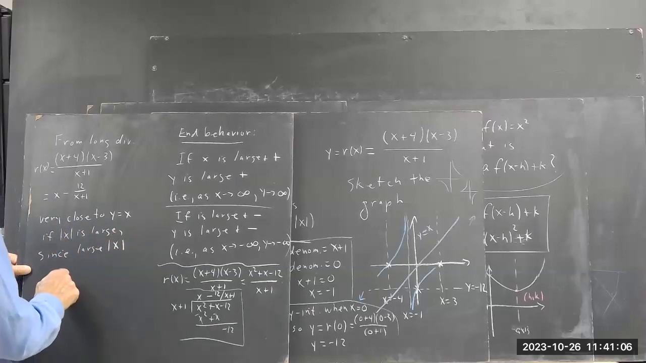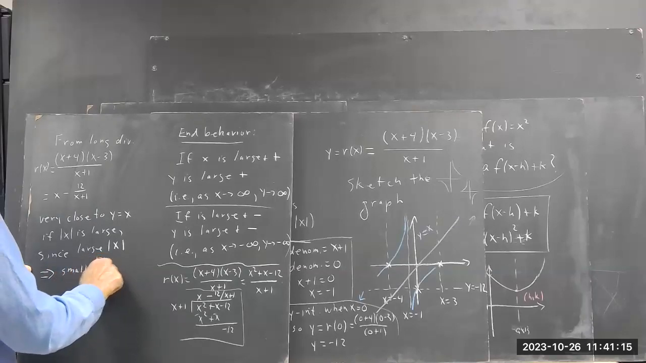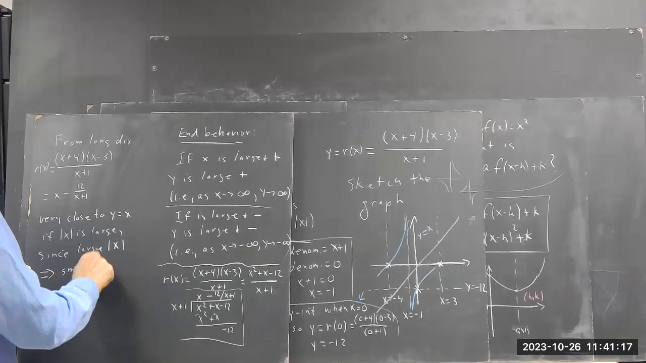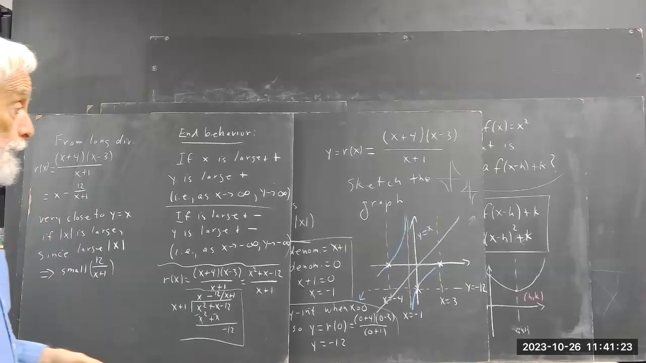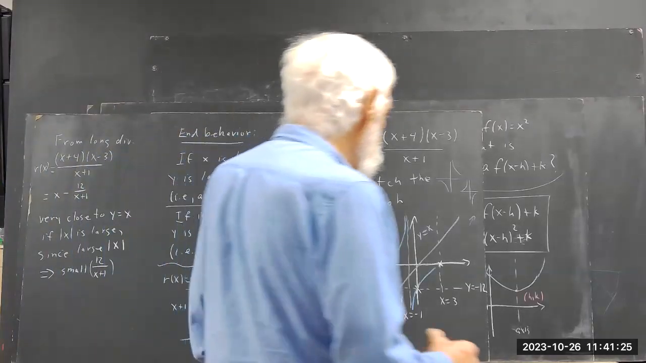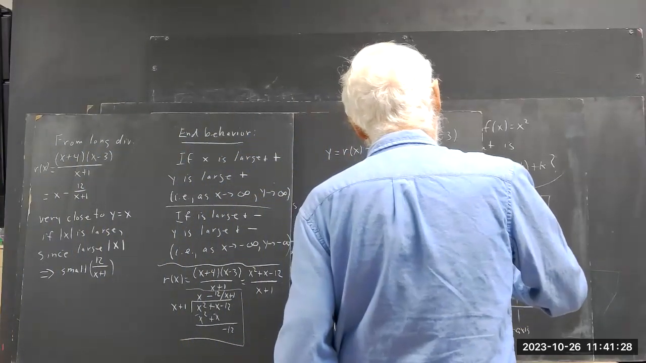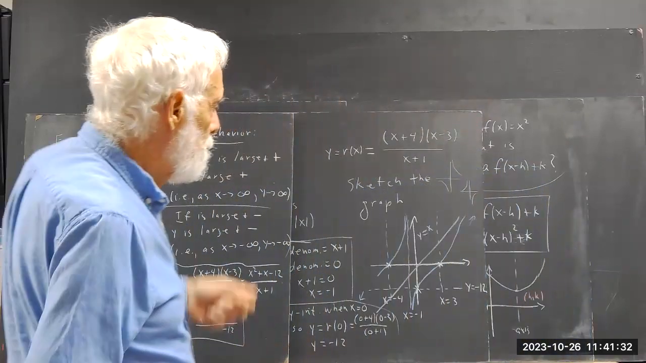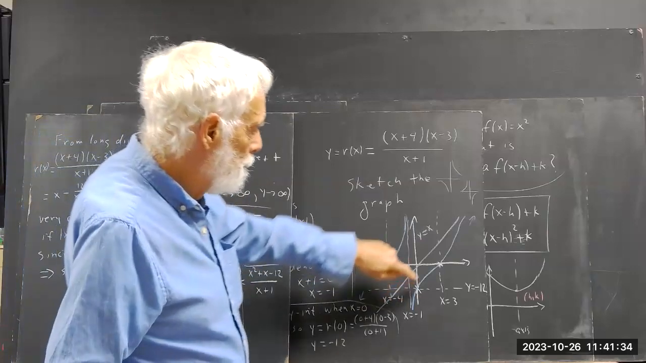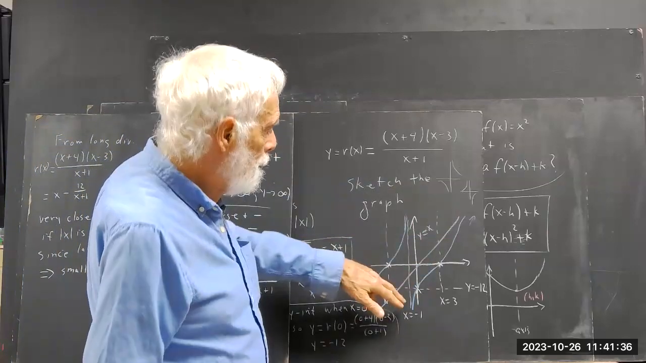Since large absolute value of x implies small 12 over x plus 1, this gets really small. So the graph gets really close to the graph of x. But what's going to happen here is this graph is going to come out real close to this graph. Now, I'm pretty sure I don't have the wobbles in this curve correct,